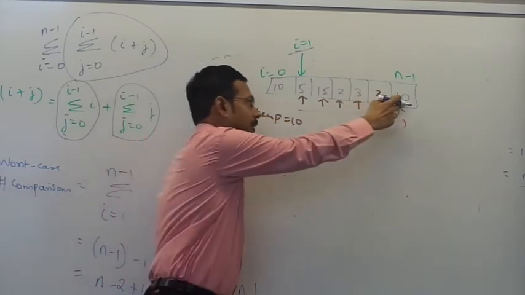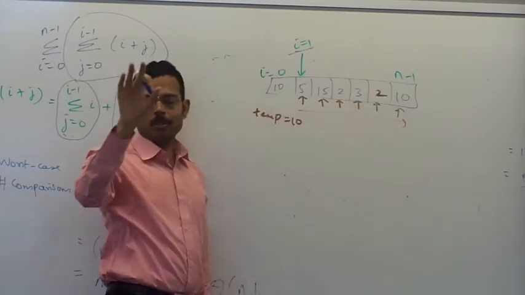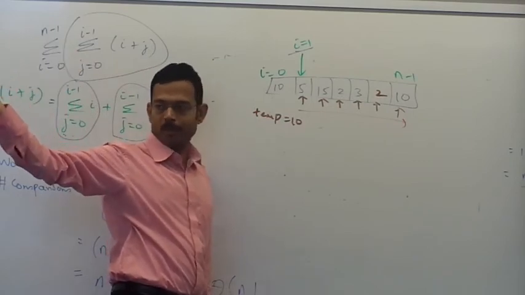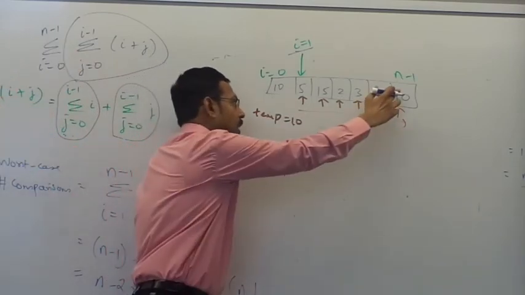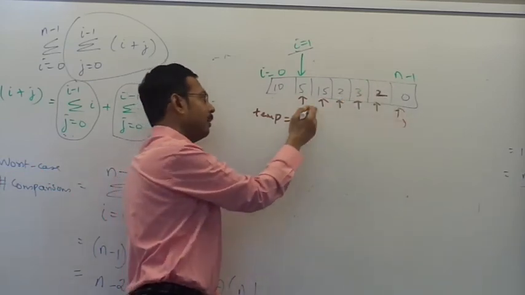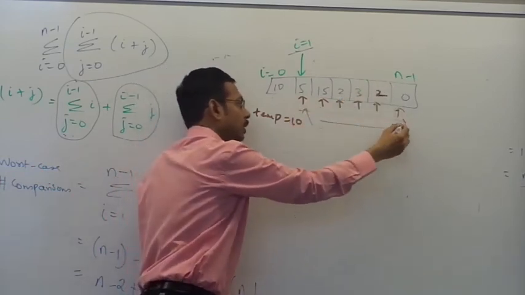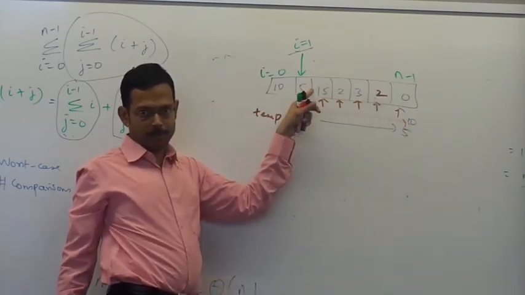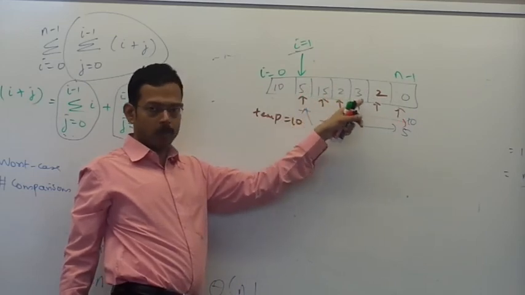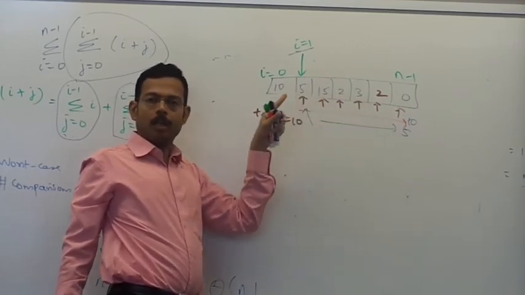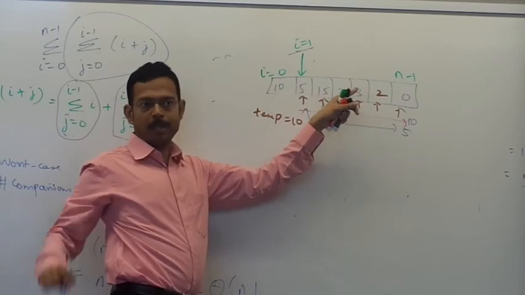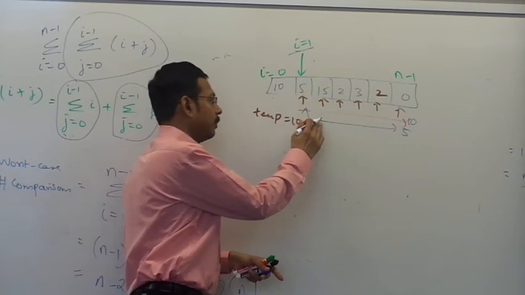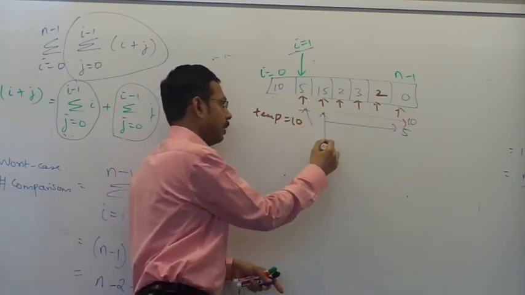So if a 10 is repeated somewhere else, you can just stop there and return false, which means it does not have unique elements. Let's say it's not there. Then we pick our 5 and walk over the rest of the array with 5: compare 5 with 15, 5 with 2, 5 with 3, and so on. If you again hit another 5, you can return false right there. If you still could not find a repeated element,